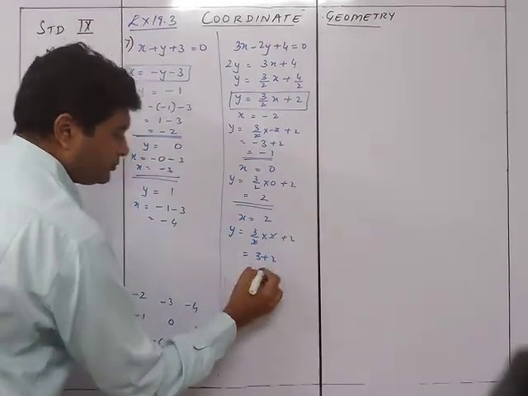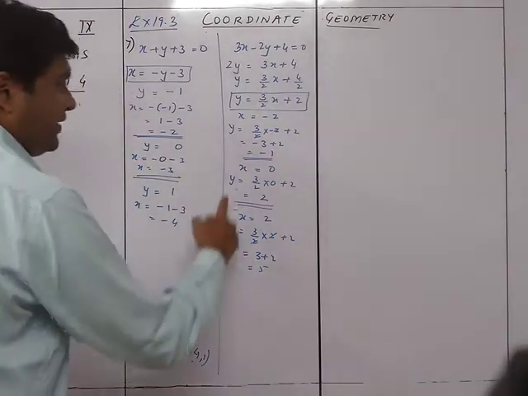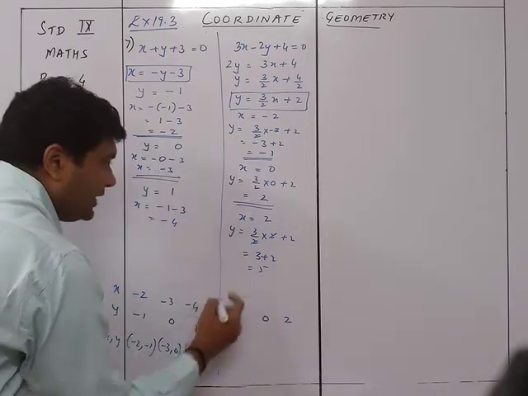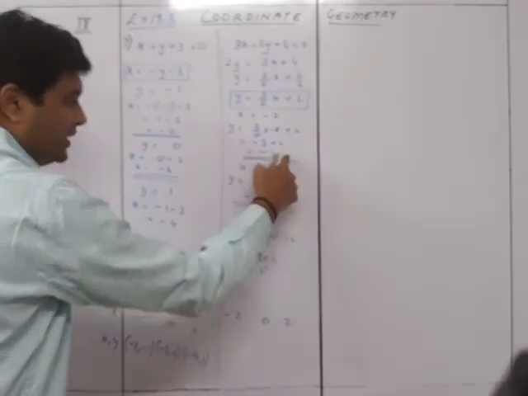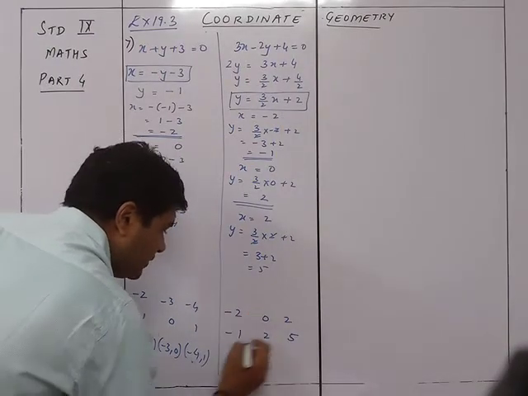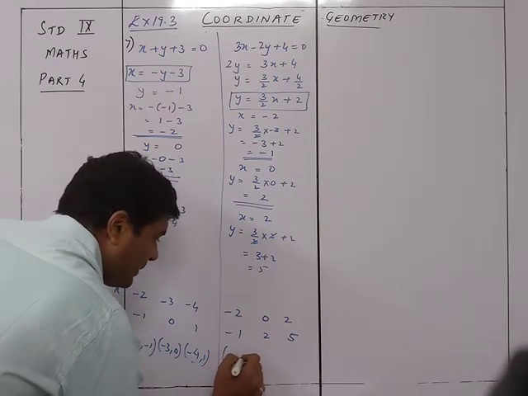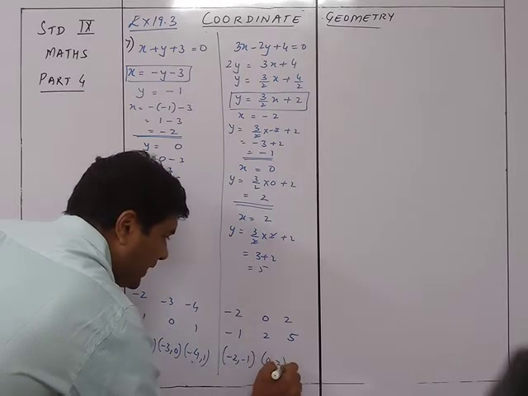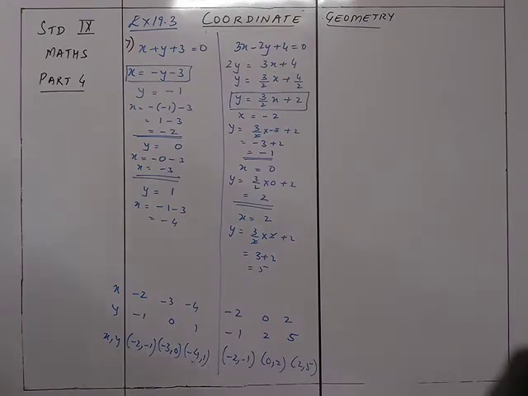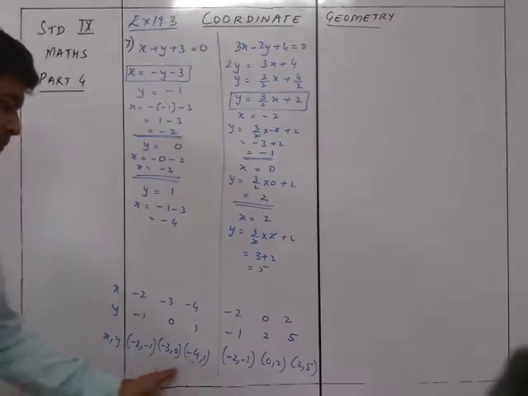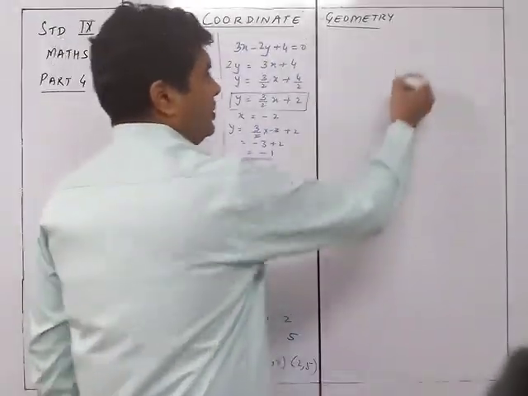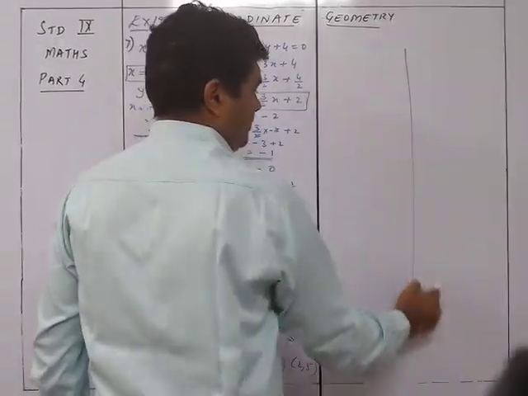So we have the values over here. If x was minus 2, 0 and 2, accordingly the value of y was minus 1, 2 and 5. So this is minus 2 comma minus 1, this is 0 comma 2 and this is 2 comma 5. Okay. From here itself, we know the intersection point. Okay, so not a problem at all. We are getting the right answer. So we plot the graph. So plotting the graph,